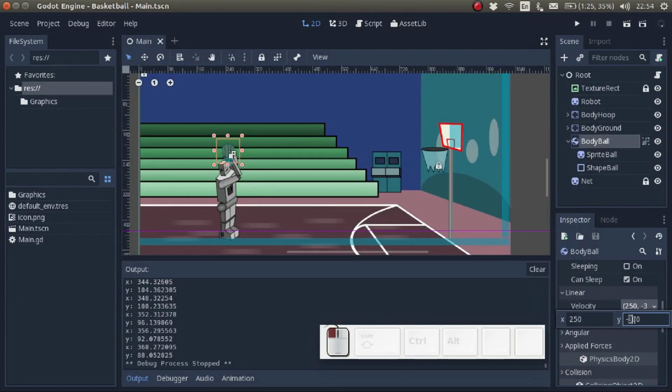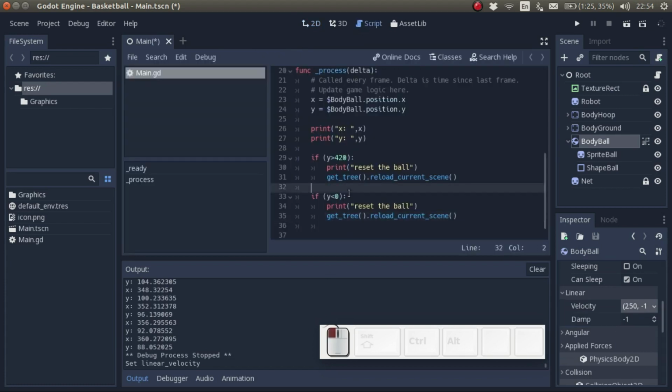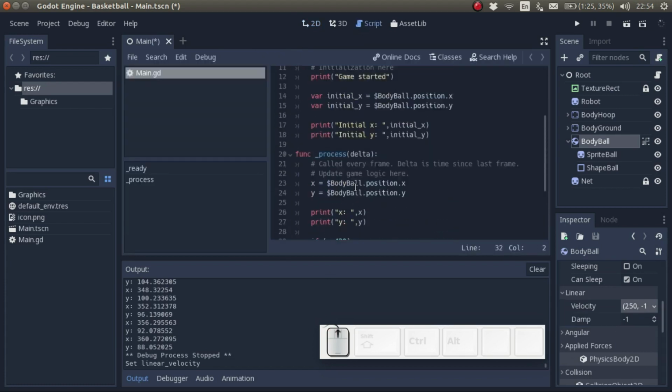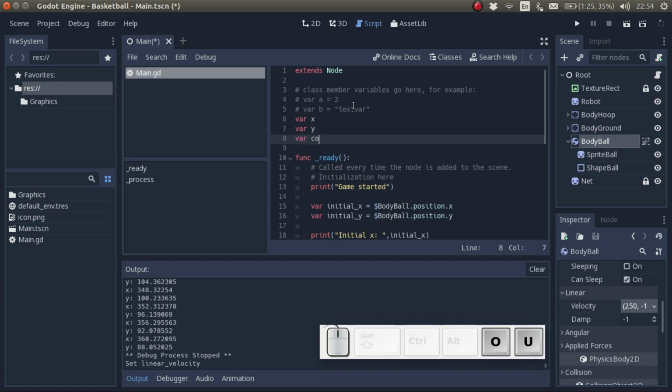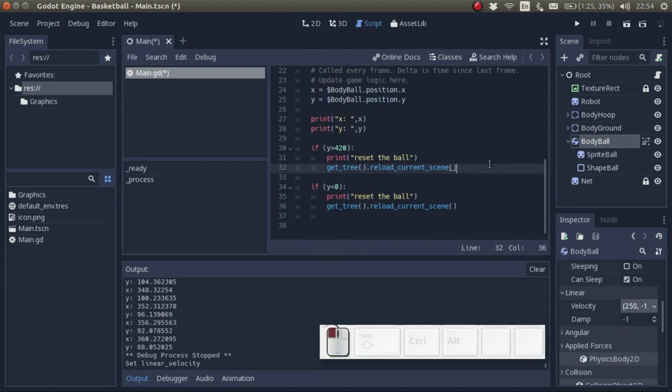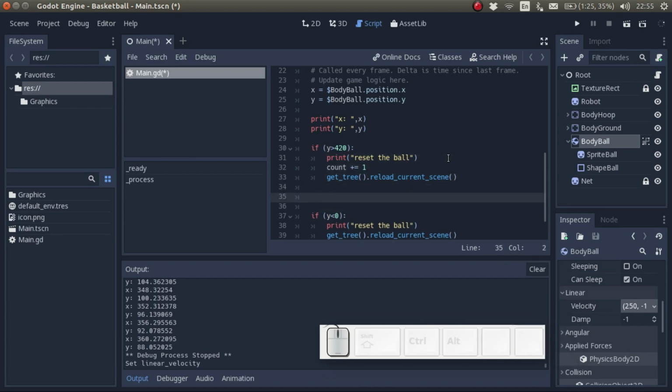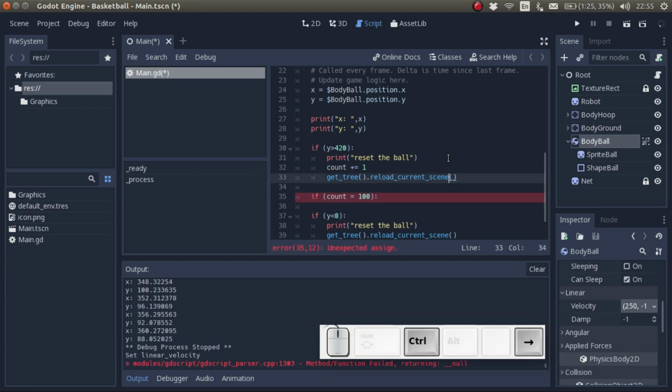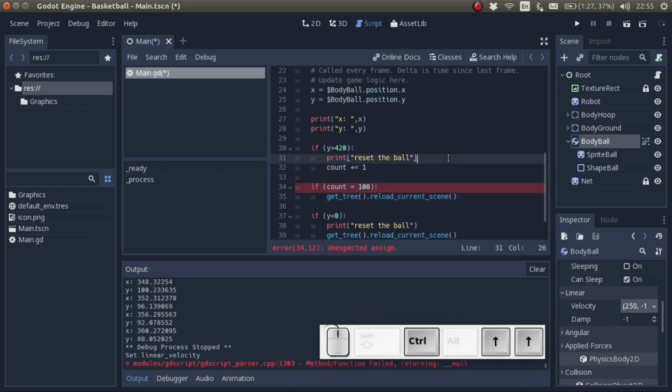Okay, next we want the ball to bounce a little before it resets. So in the case that it hits the ground, we don't want it to reset straight away. We want to give it a little bit of time to bounce. Let's add another variable called count, and we're going to initialize it to 0. So let's say that if y is greater than 420, instead of resetting, let's add 1 to the counter. And then if the counter exceeds a certain amount, like let's say 100, only then do we reload the current